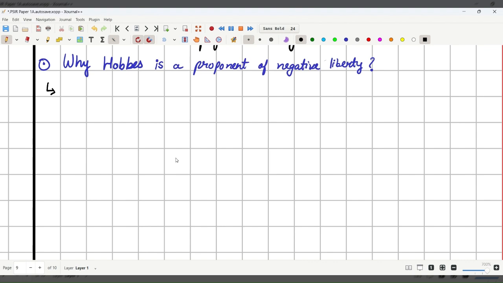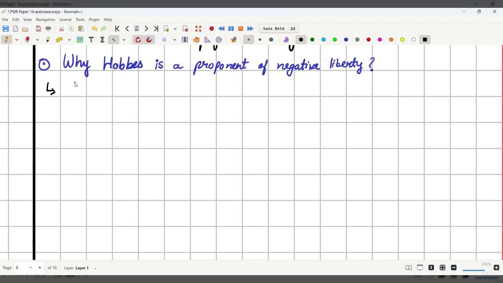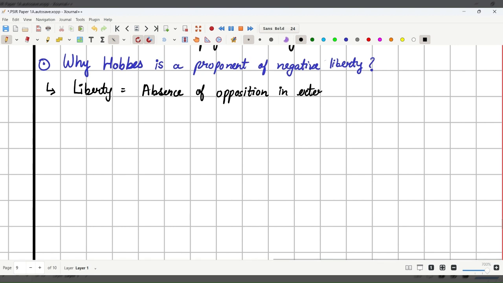Why is Hobbes a proponent of negative liberty? First, we are going to give the definition of freedom according to Hobbes, or how Hobbes defines liberty. According to Hobbes, liberty is basically the absence of opposition in external impediments to motion. Okay,